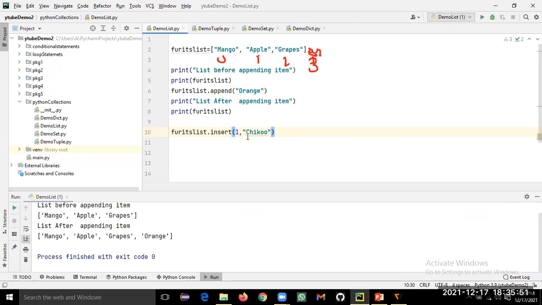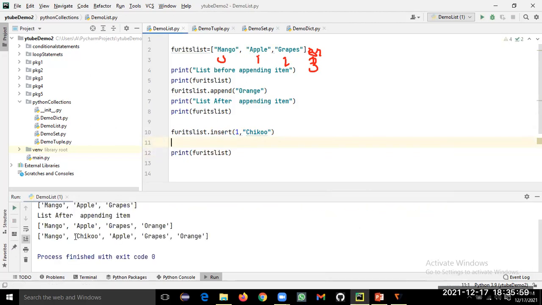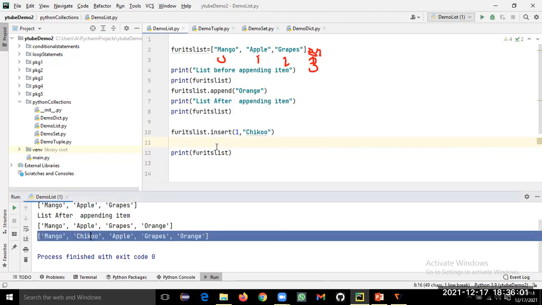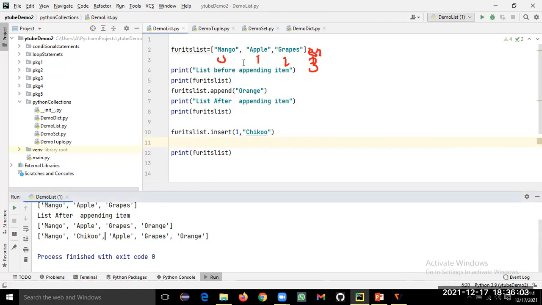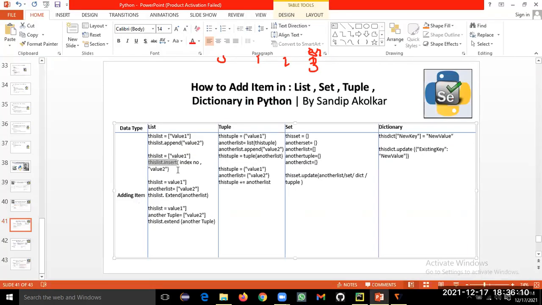So we have inserted it. Let us print the list again after inserting and see what the output is now. We can see at index number 1 the new item is inserted and further items are moved to the next indexes. That's the use of insert.